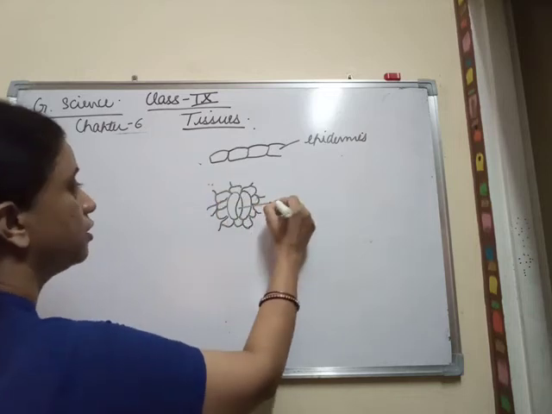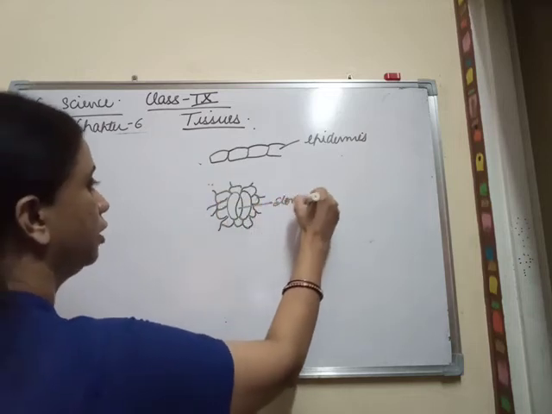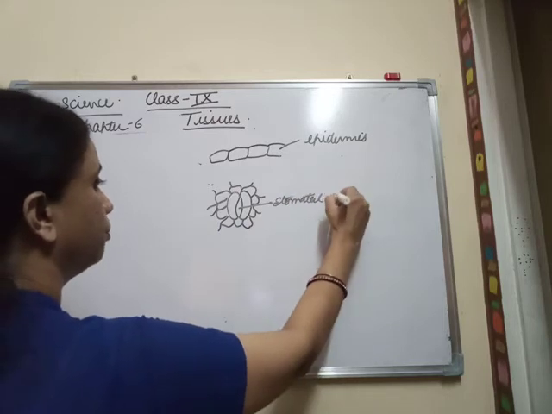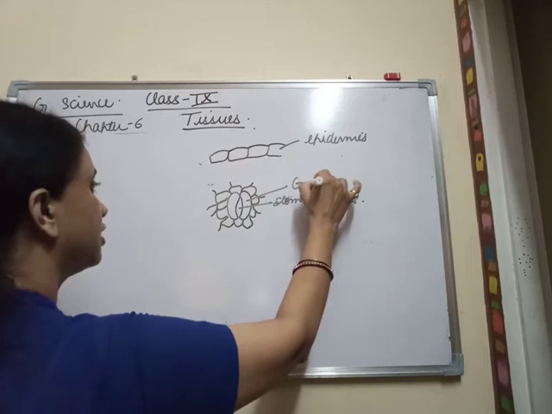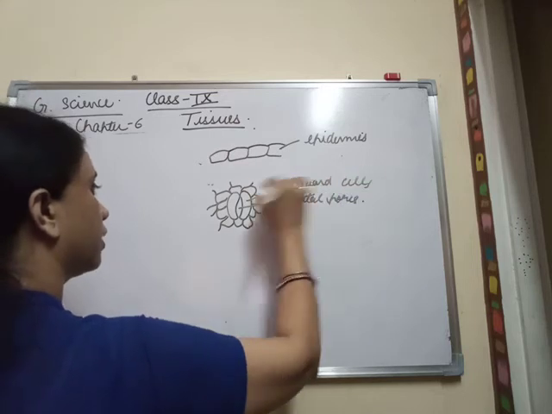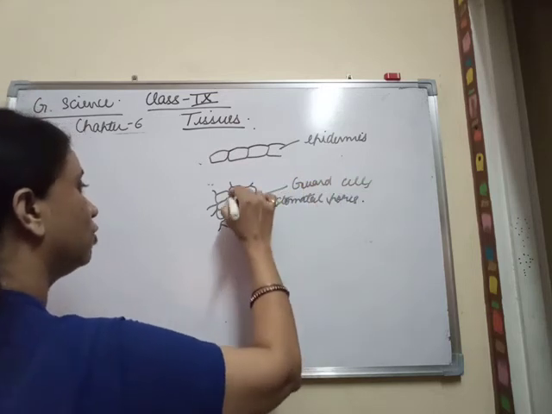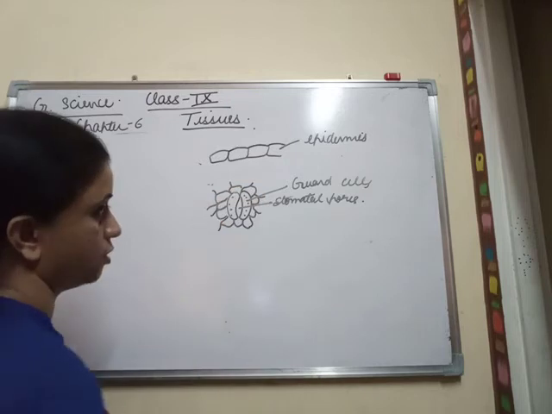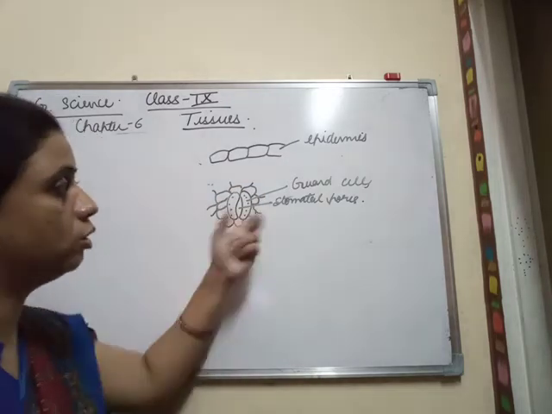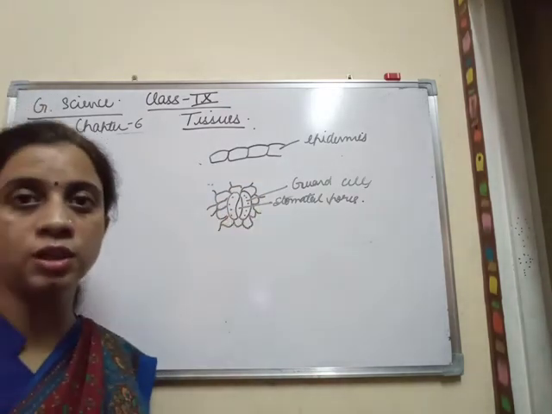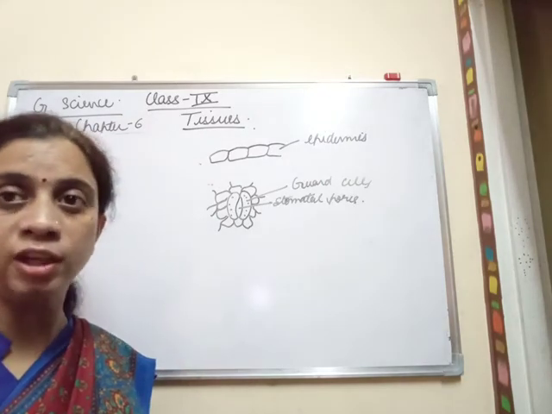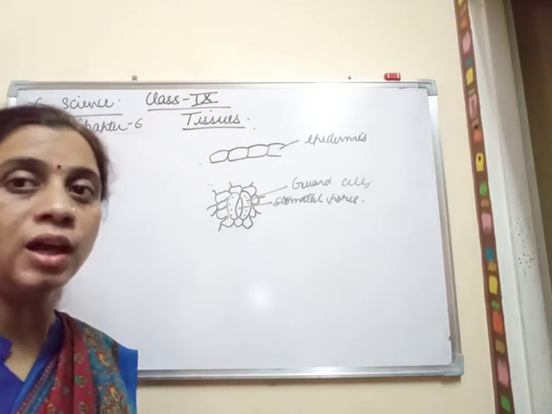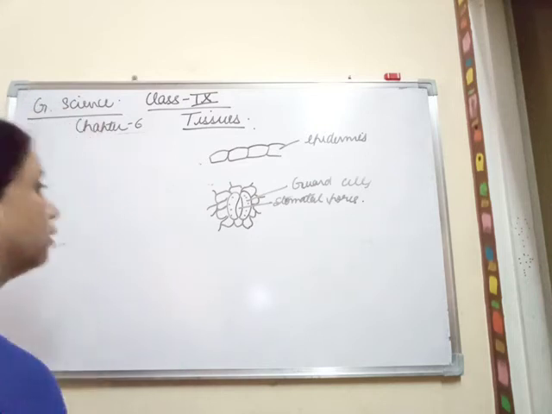Clear? So these are said to be the stomatal pores. These are the guard cells, and these guard cells do contain what? Chloroplast. Okay, so these are the varied structures which are known as the stomata. These are present in plenty amount in the upper layer of the leaves. Clear? And the main function of the stomata,